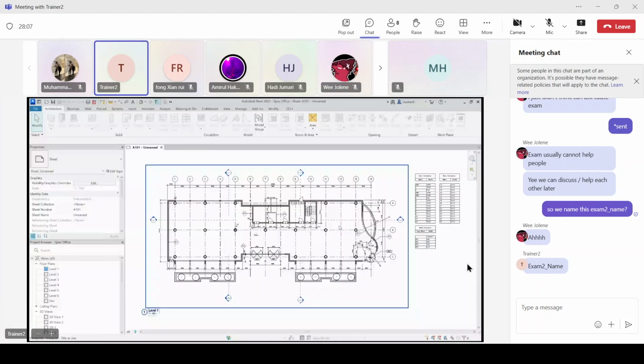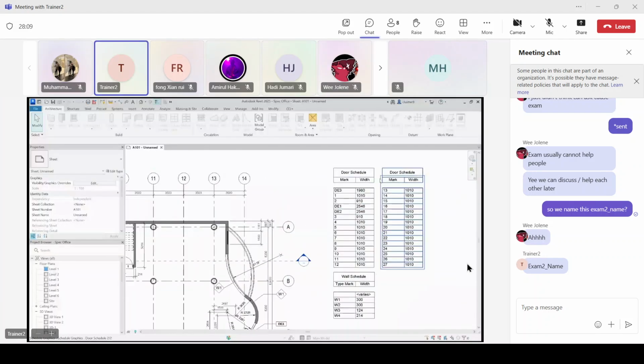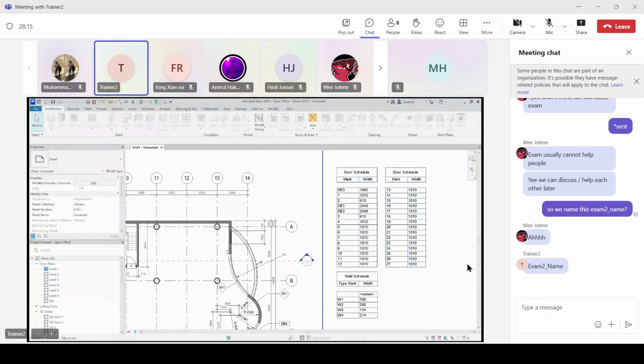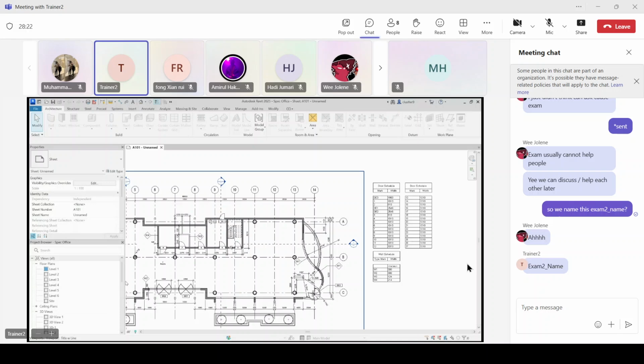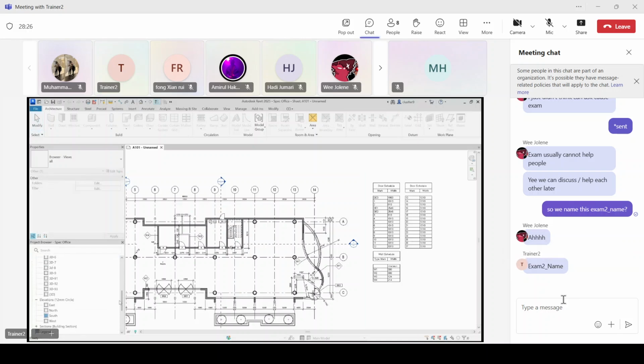So guys, this is the door I just created here. I want you to create the door schedule and then put the mark and the width, okay? Can everyone see my Revit now?